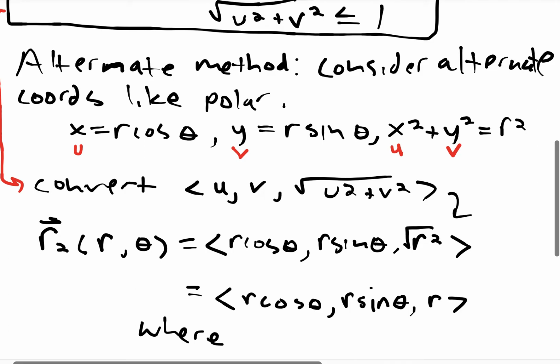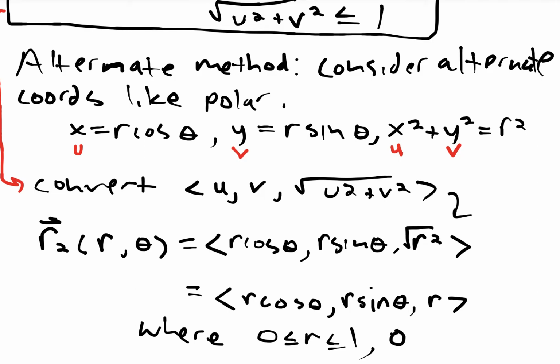R refers to radius. If we want to be inside the unit circle, you're going to want an r that is between 0 and 1. And if you wanted to consider all the points inside the unit circle, you're going to be in all of the 4 quadrants. This means that we are considering thetas that are between 0 and 2 pi. Okay, so this is actually kind of a different approach to building this